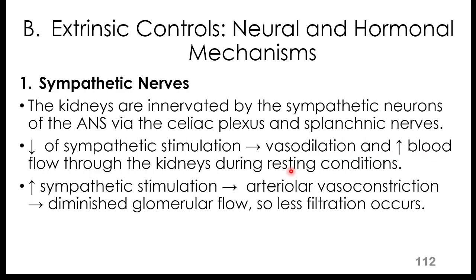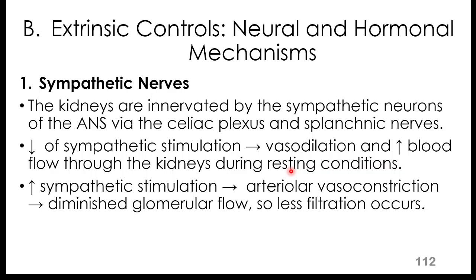Now, the first is sympathetic nerves. The kidneys are innervated by sympathetic neurons of the autonomic nervous system. And a decrease in sympathetic stimulation will lead to vasodilation. Remember that we said earlier that arteries are normally always under some degree of sympathetic stimulation at baseline. All right, so if there is a decrease in that baseline sympathetic stimulation, it will lead to vasodilation, because the